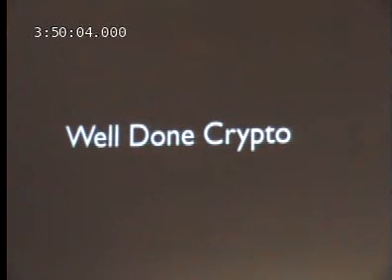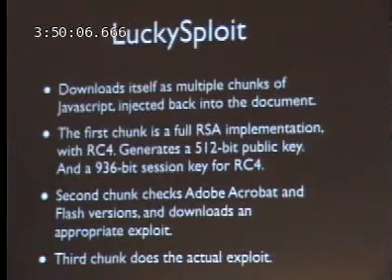For most of the web-based stuff, the only one I've really seen doing it right is Lucky Sploit. It's a toolkit, and if you remember the talk immediately before this one on downloading your JavaScript in little chunks, it essentially has 3 stages. The first one has a complete RSA implementation written in JavaScript, and generates a random session key that it sends back to the Lucky Sploit server, which then